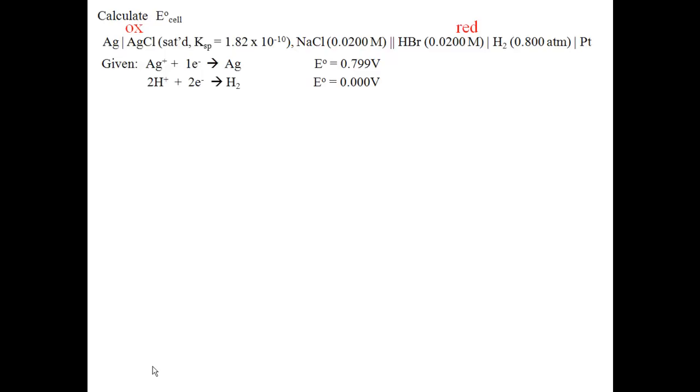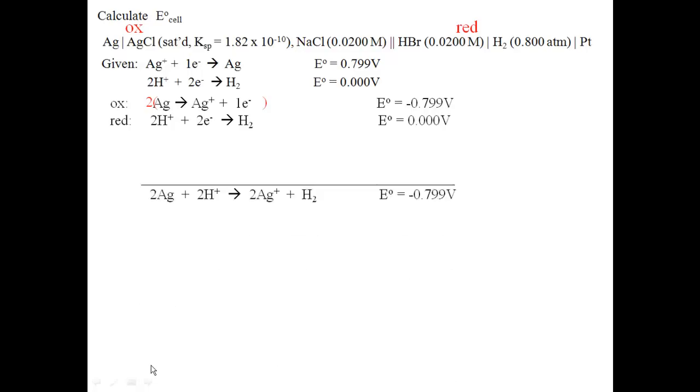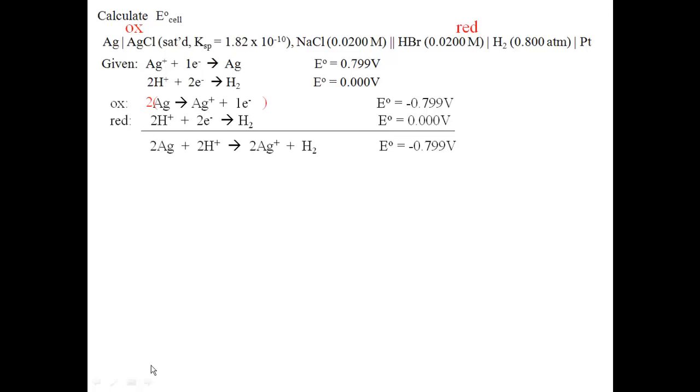So we'll go ahead and take the silver and flip that equation and use our hydrogen as it's written, which then means I have to change the silver potential to a negative 0.799. I also need to balance the electrons, so in this case I have to multiply by 2. As I cautioned you before, everything I'm doing is 2 electrons, but not everything is 2 electrons, just the ones that we've been handling. Add up the reactions, I get 2 silvers plus 2 H pluses gives me 2 silver ones plus H2. Add up my potentials, and I get a potential for this reaction to be a negative 0.799 volts,